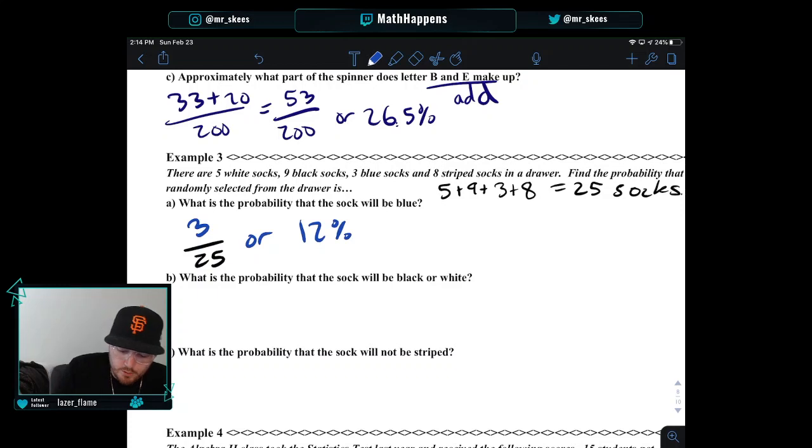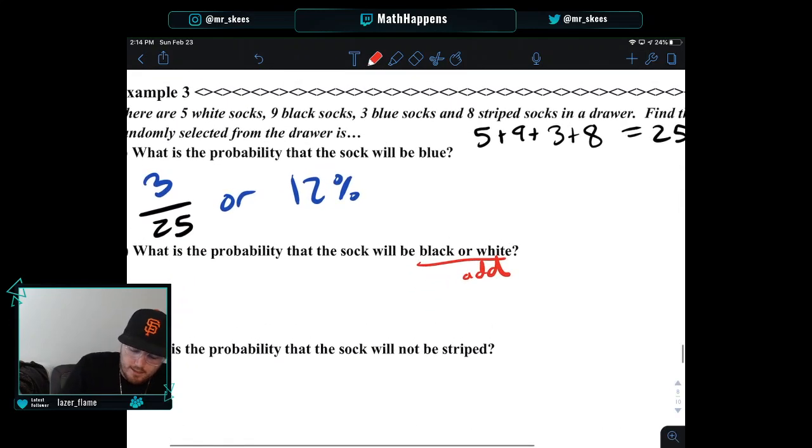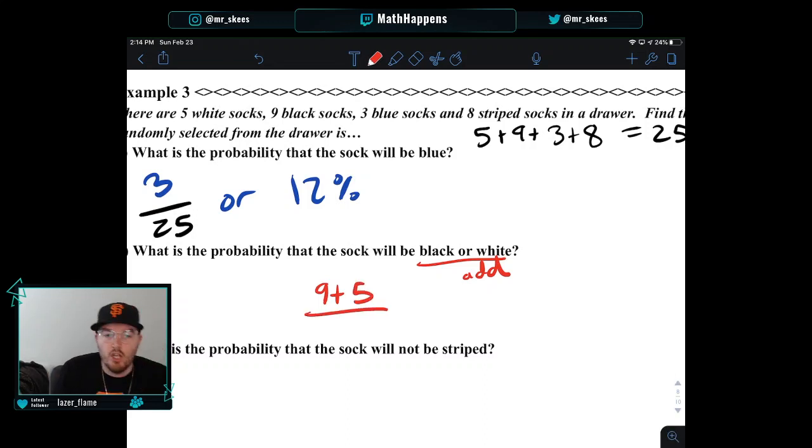What about black or white? Once again, we are adding. So black or white, there are 9 black socks. There are 5 white socks. So those are the favorable outcomes, but how many total possibilities are there? The 25 socks. So 9 plus 5 is 14 out of 25, which comes out to be